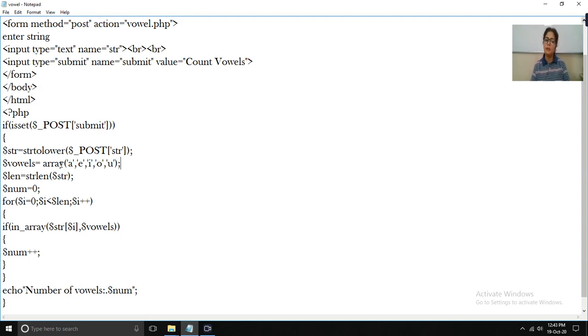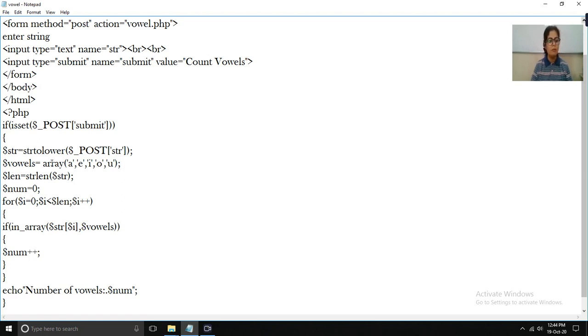The computer doesn't know what vowels are, and even this program doesn't know what vowels are and how many there are. So if we want to consider A, E, I, O, U as vowels, we have to declare that. We are declaring 5 vowels: A, E, I, O, U, and you have to write all the alphabets inside single quotes, not double quotes, and separate each one with a comma. These are the 5 characters that we have declared, and we are transferring the value into another variable, $vowels.